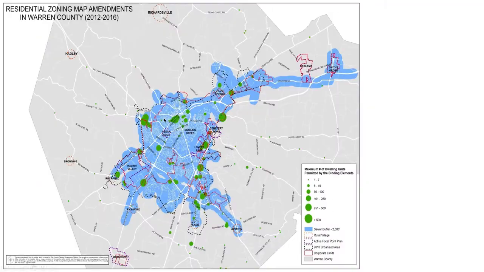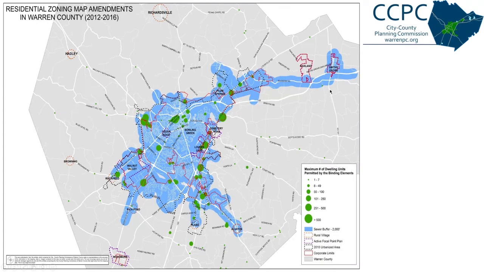So looking at what we have for this is the same information, same map. In this case, the blue is the sewer plus the buffer. You see this dotted line is our urbanized area. But the green, really all we want to show here is that the green residential developments are generally following the sewer lines. Again, while this map's a little dated, you'd see some more green dots a little further out, and